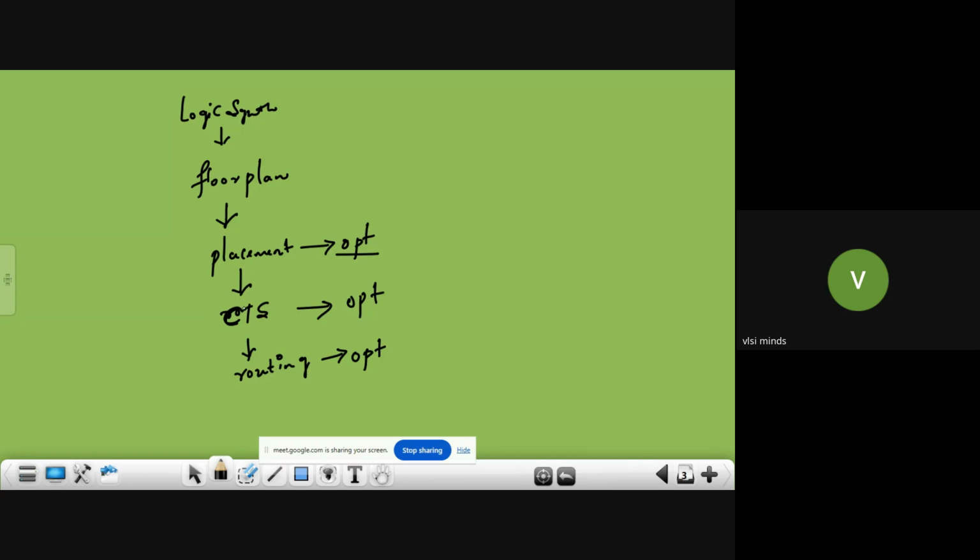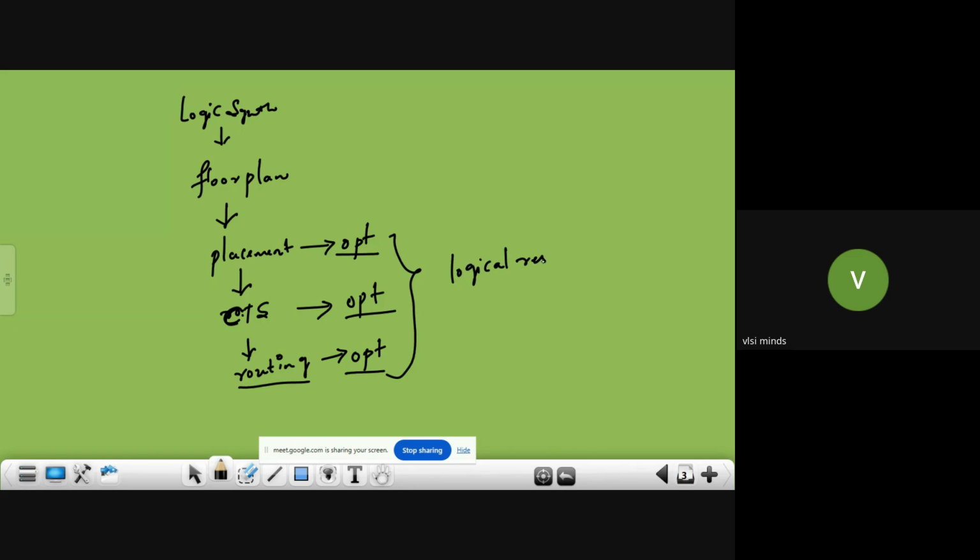So during CTS, what will the tool do? The tool will do optimization in terms of clock skew, to fix setup and hold. During routing, what will the tool do? The tool will see that it is routing with the best possible resources for the time critical paths. So which are time critical paths? Route with higher metal layers, which have less resistance. So none of this optimization will include logical restructuring.